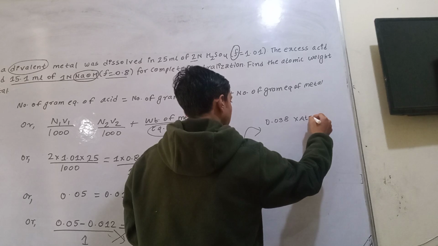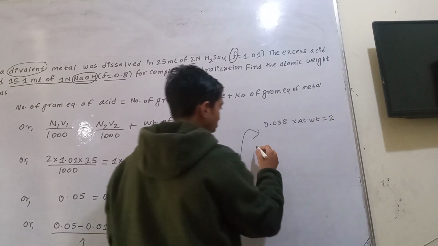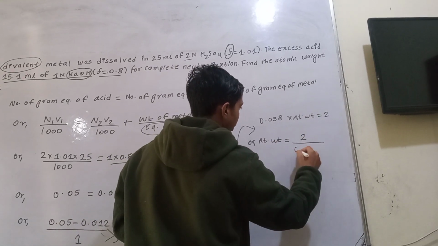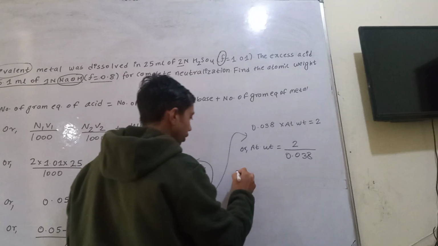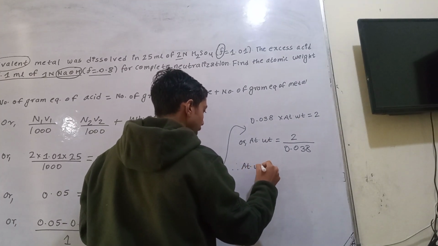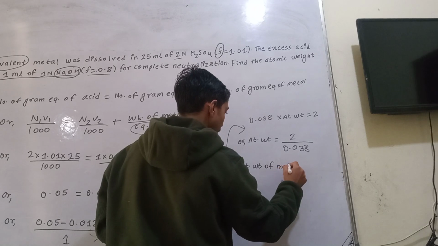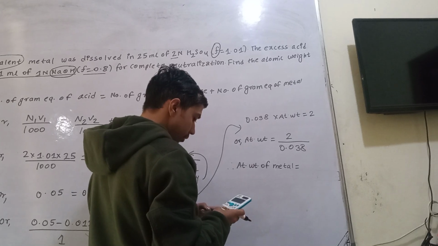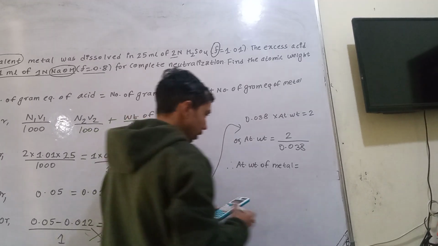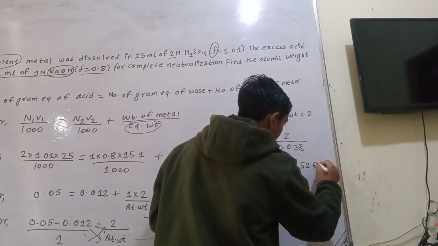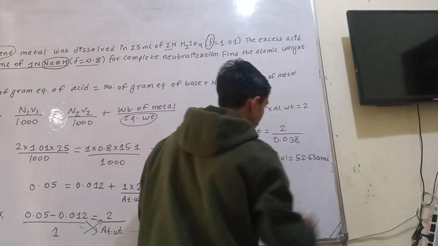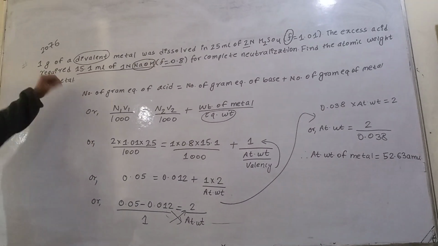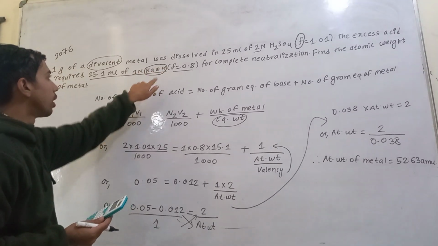0.038 into atomic weight equals 2, or atomic weight equals 2 upon 0.038. Therefore, atomic weight of metal equals 2 divided by 0.038, that is 52.63. For this question, please don't get confused with the values given, that is F equals 0.8 for NaOH